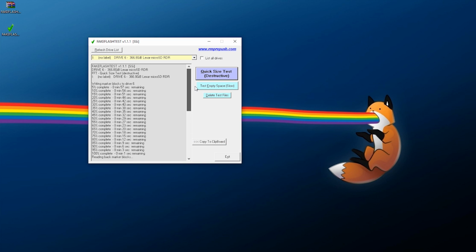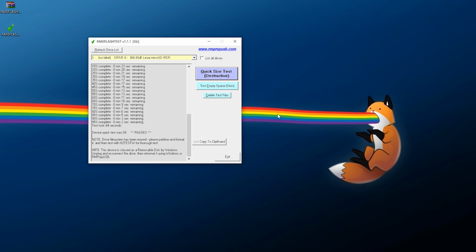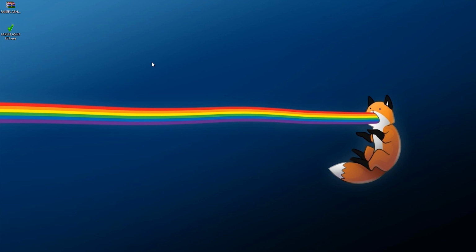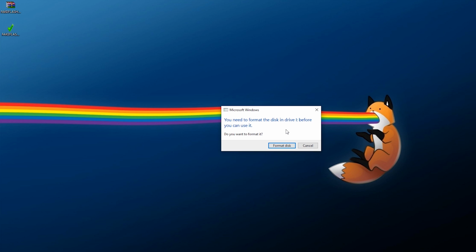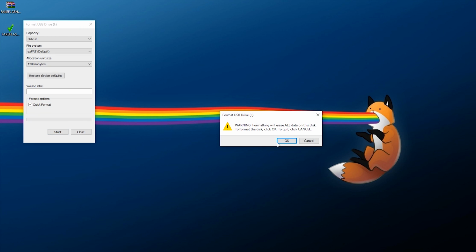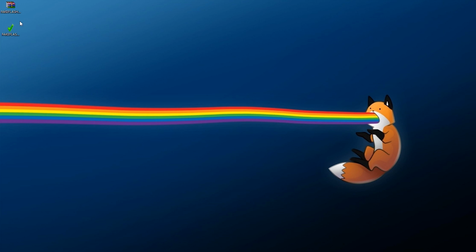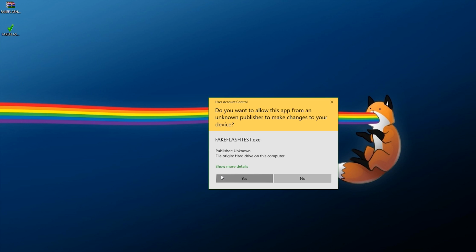So as you can see, this is what a successful one would look like with writing marker blocks to my drive here. It wrote everything, it read it back, everything looked fine on that. Perfect. Now what I'm going to do is exit out of this, press OK, and I am going to unplug and plug in this microSD card again. So this will be required after you do that test. Go ahead and format it however you choose to. I'm just going to do a quick format as such, press OK, close,